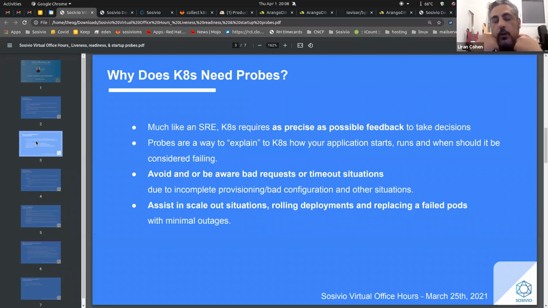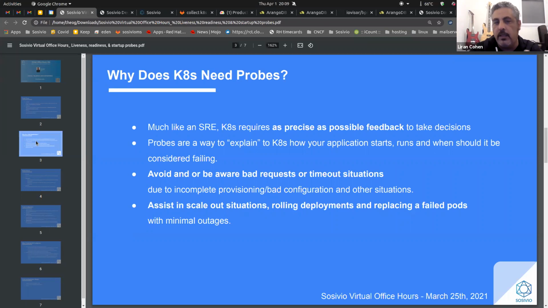Also, one of the things that Kubernetes does very well is allow you to deploy a new version without disturbing users, meaning if you want to deploy a new version of your application or parts of your application, you can deploy it and the users using your website or whatever